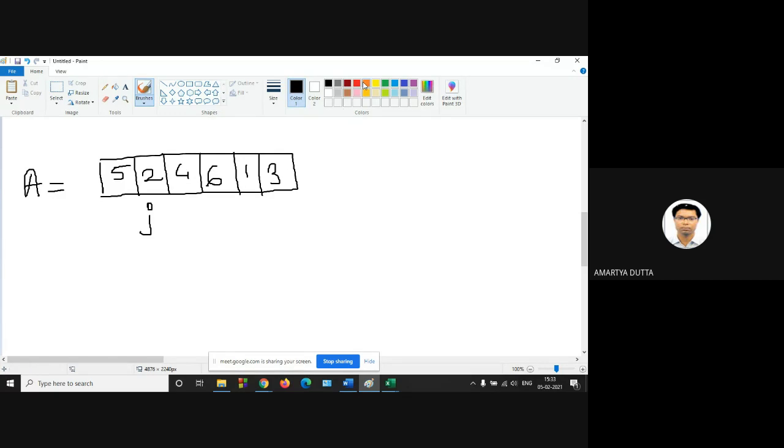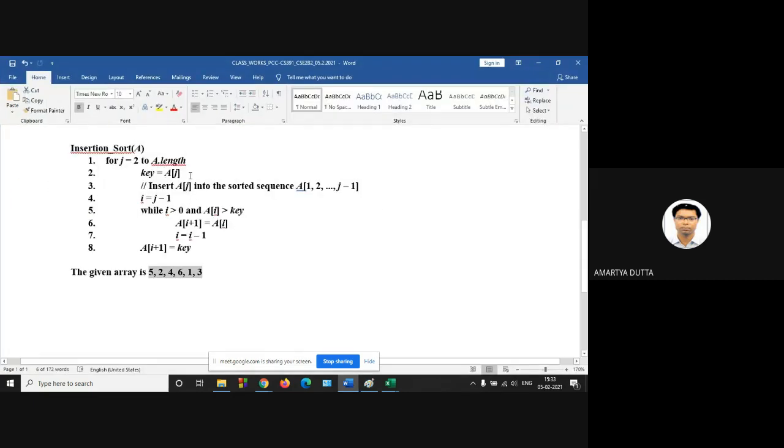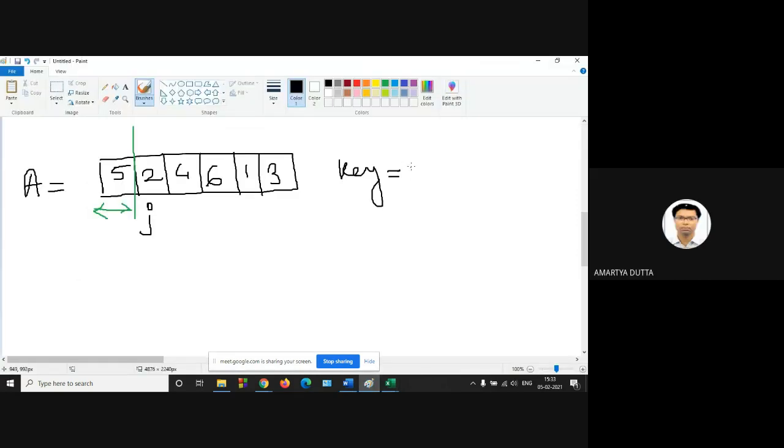It is assumed that the left subarray is already sorted. Only one element is there, so it is assumed that this is sorted. So initially, what will be the key value? A[j], and A[j] is 2.